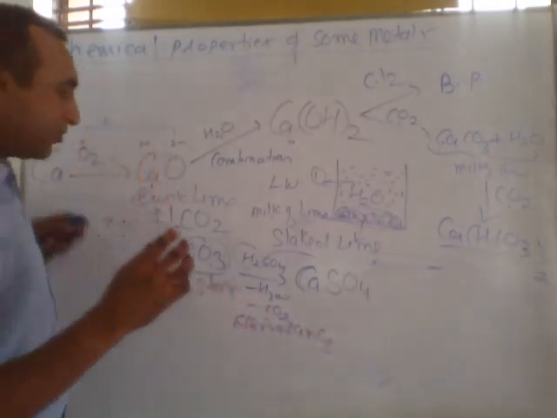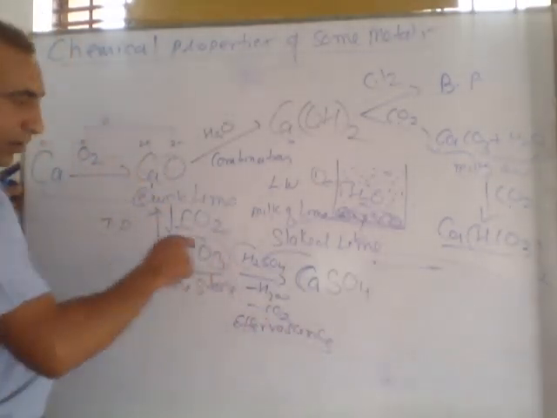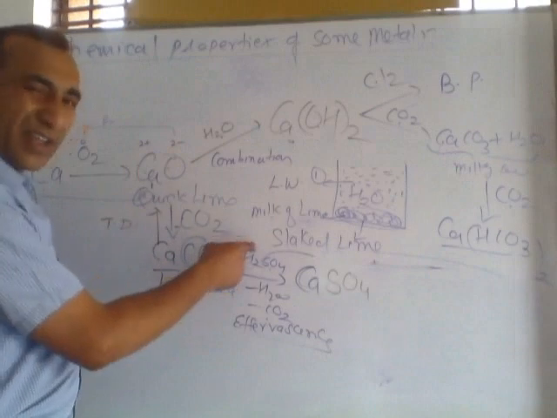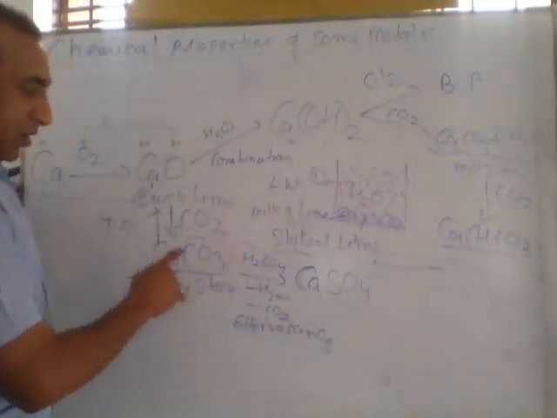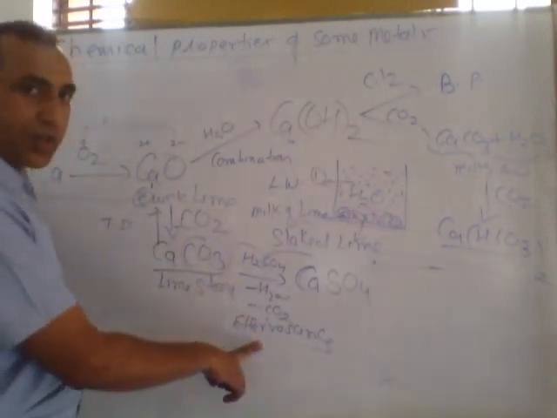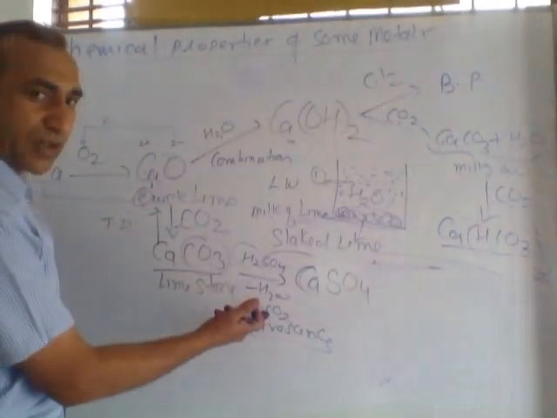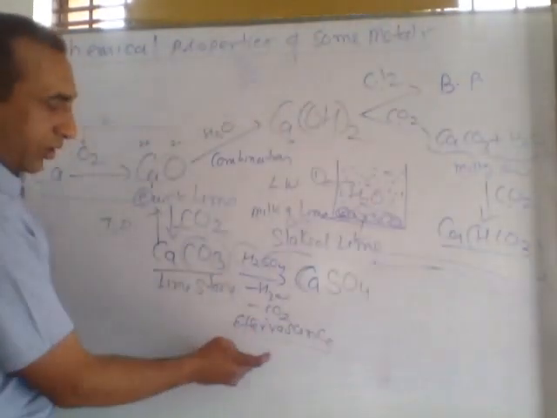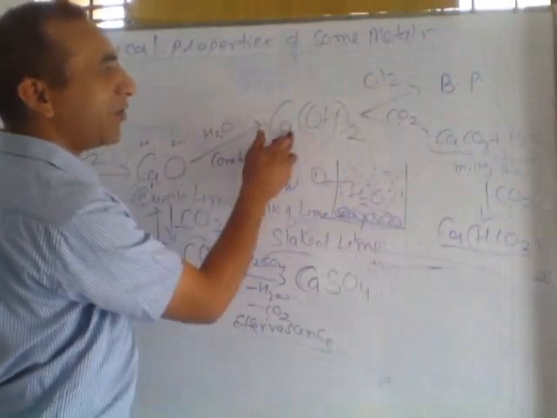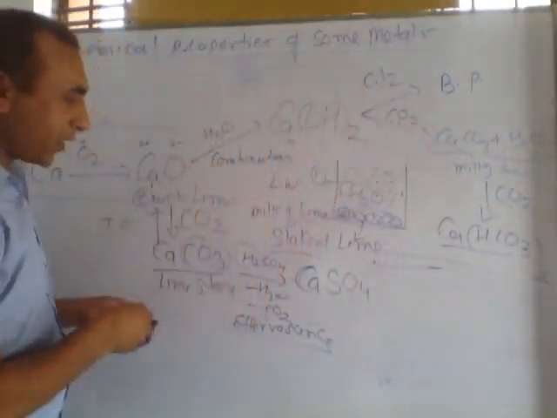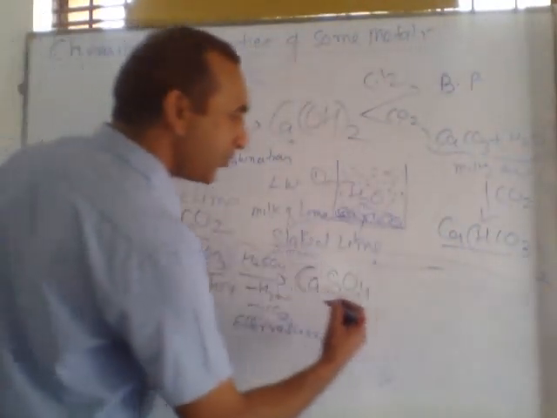Generally in the question paper they ask, there is a compound, and when we add some drops of concentrated or dilute sulfuric acid to this compound, effervescence of gas is observed. What is the gas? The gas is carbon dioxide. To detect the presence of carbon dioxide, a simple test: pass carbon dioxide in lime water, and a milky color will appear. This is calcium sulfate.